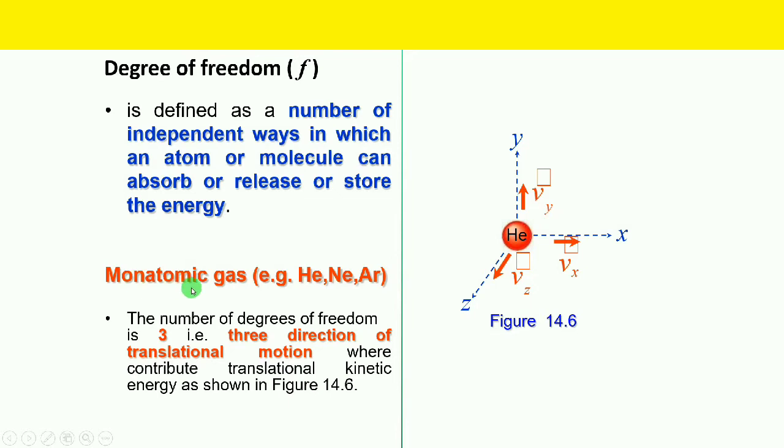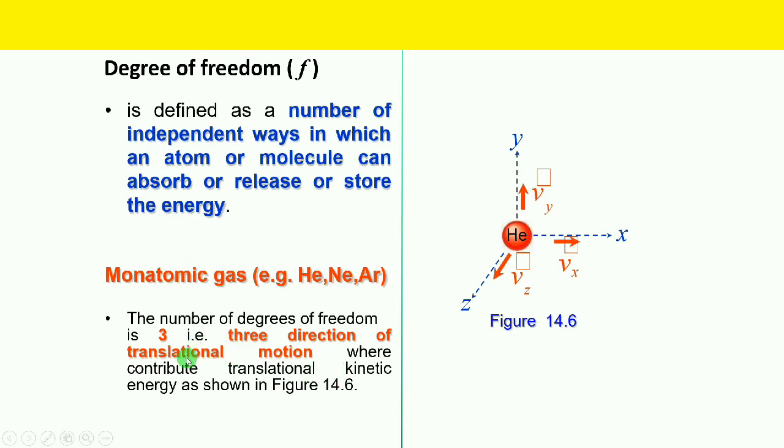Okay, monoatomic means it will have only one atom. To represent or locate one atom of gas, suppose we consider an xyz coordinate system, that is a rectangular coordinate system. To locate this one atom of gas, that is helium, we will require three coordinates: x coordinate, y coordinate and z coordinate. So the independent number of coordinates to locate the helium atom will be 3. This 3 is known as the degree of freedom for monoatomic gas.